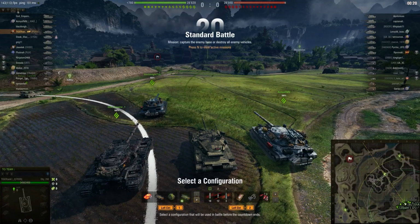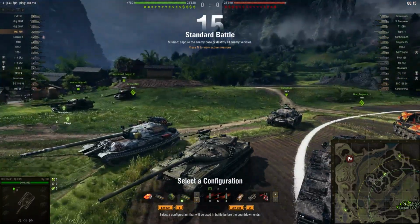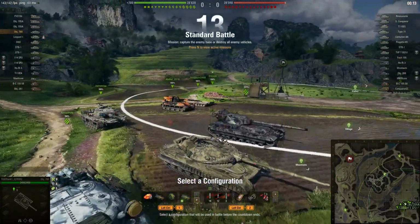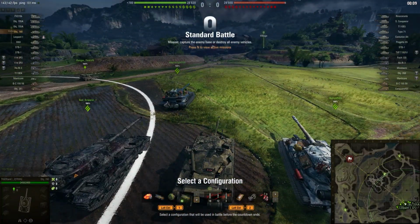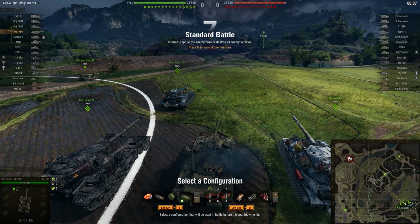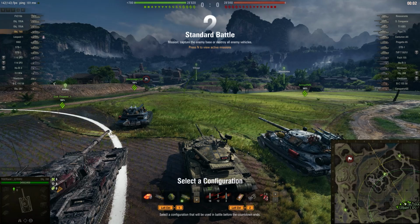Okay guys, for this review we're going to have 3 gameplays. Don't worry, they're not all too long. This one is actually really short. We're gonna get the ugly things out of the way immediately. And then in the second and the third gameplay, we're going to be seeing just how capable this tank really is,